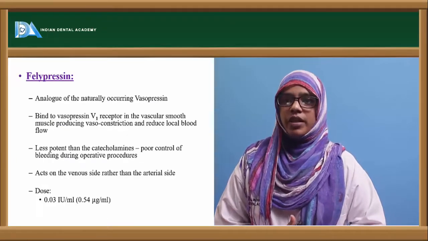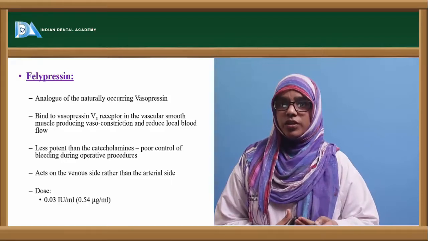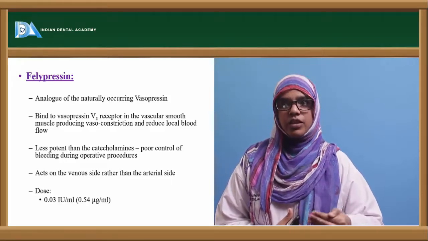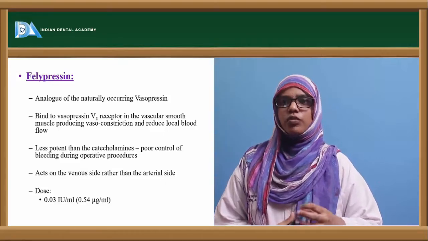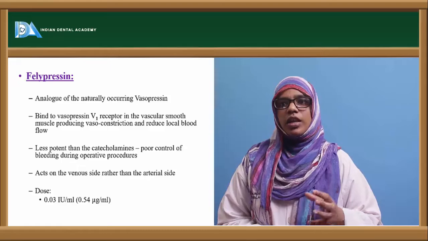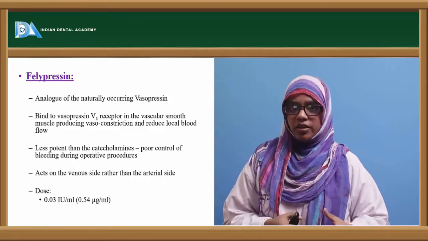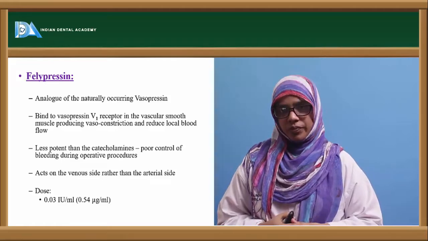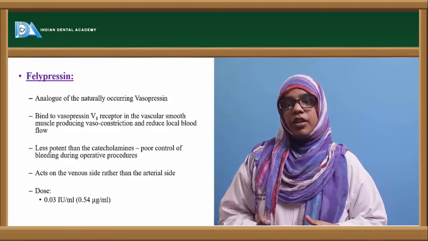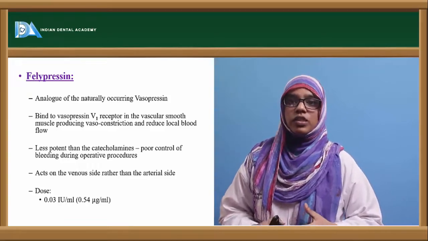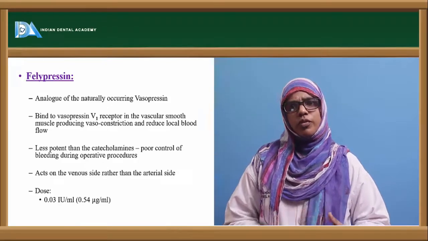Now, felpressin. Analogous to the naturally occurring vasopressin, it binds to the vasopressin V1 receptor in the vascular smooth muscles, producing vasoconstriction and reducing local blood flow. Now, less potent than catecholamines, poor control of bleeding occurs during the operative procedure. It acts on the venous side rather than the arterial side. The dose that you can use is 0.03 international unit per ml, that is around 0.54 microgram per